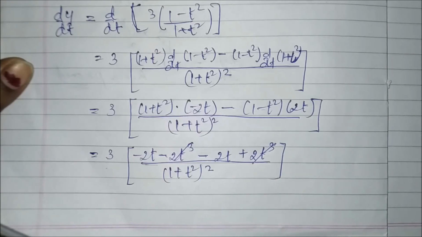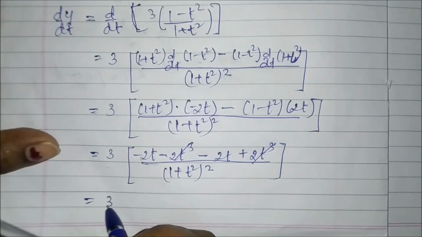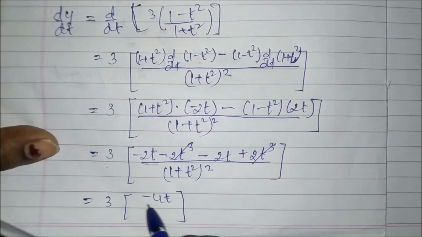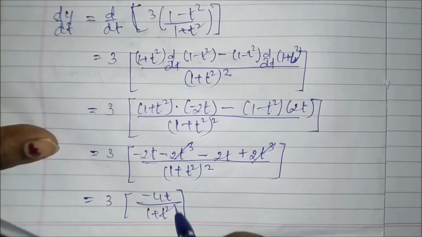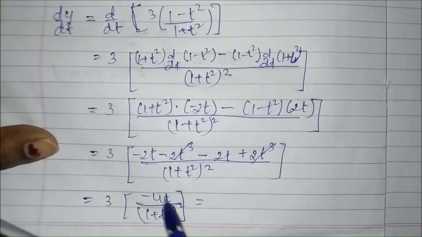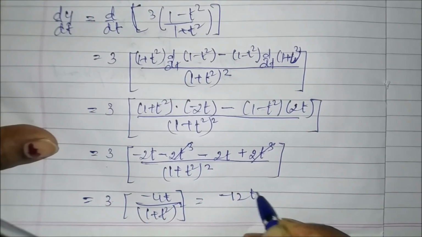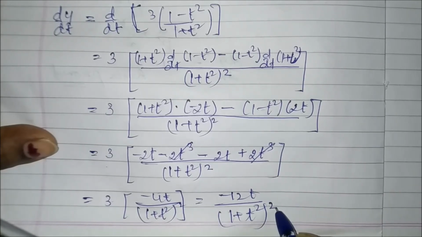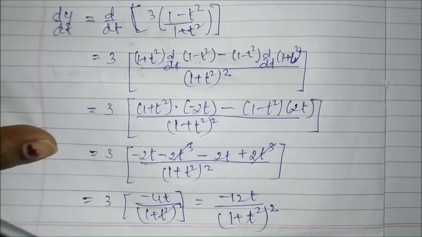Here we get 3 minus 4t upon 1 plus t square whole square. This will be multiplied here. We get minus 12t upon 1 plus t square whole square. This is dy by dt. Now see,